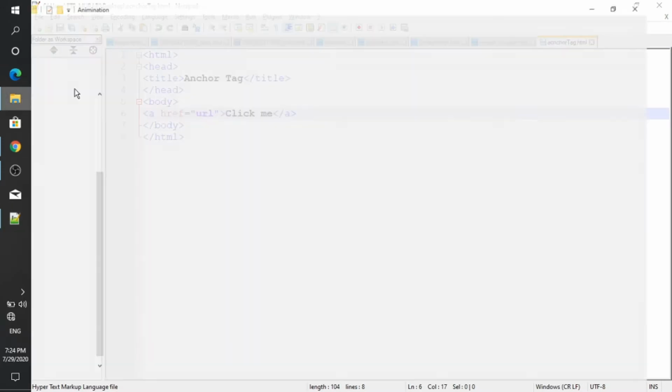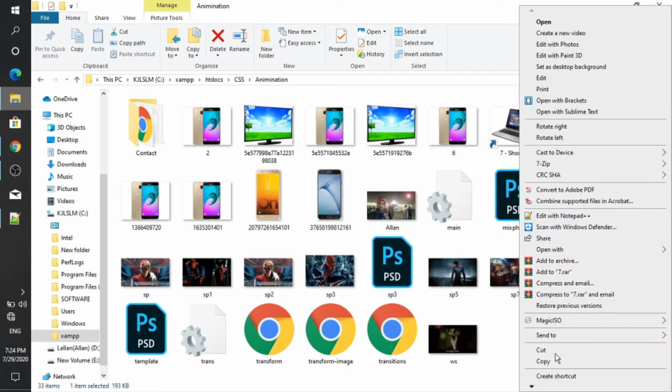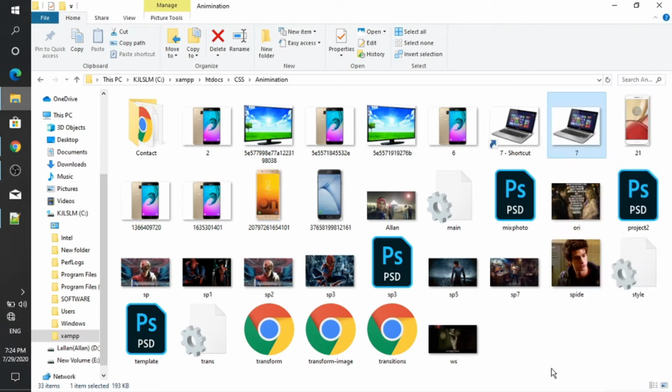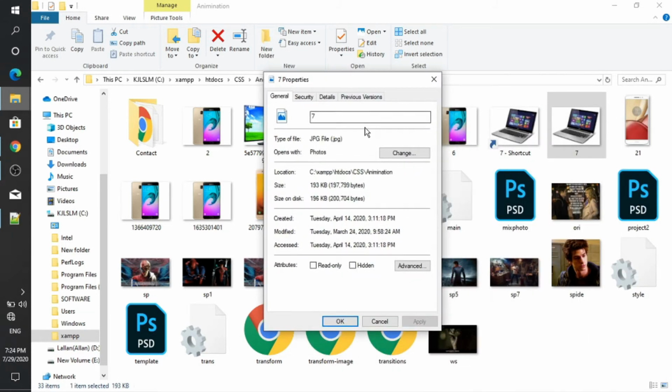I want to display something when you click on the link. I want to display a laptop image here. Simply right click on the file, scroll down, go to properties, and a dialog box opens. See here, location.